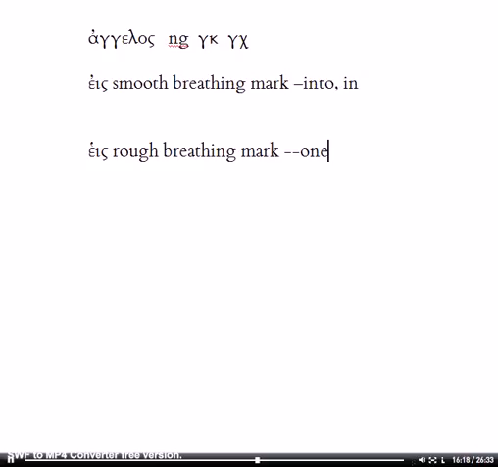So any Greek word that begins with a vowel, or in this case a diphthong, a cluster of vowels, needs to have a breathing mark over it, either a smooth breathing mark or a rough breathing mark. Going back to the word angelos, notice that we have a smooth breathing mark because it's angelos, not hangelos, as it would be if you had a rough breathing mark over it. Keep in mind that you also have words that begin with rho, and when they do,